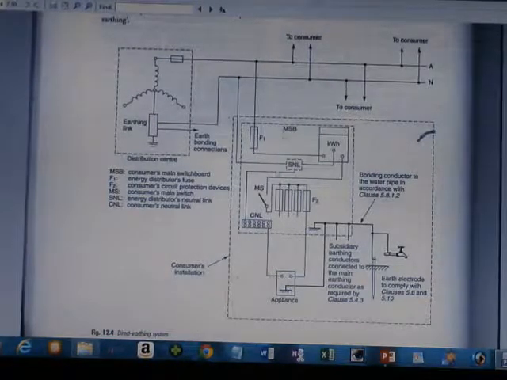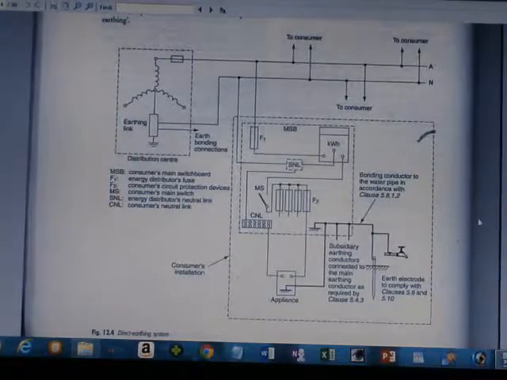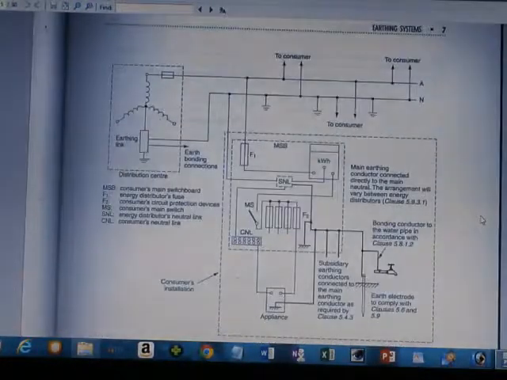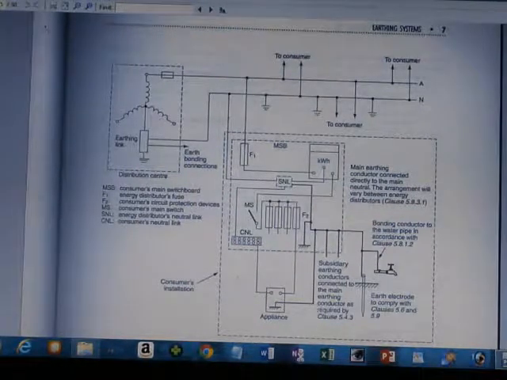So this is the typical connection of this earthing system for the whole